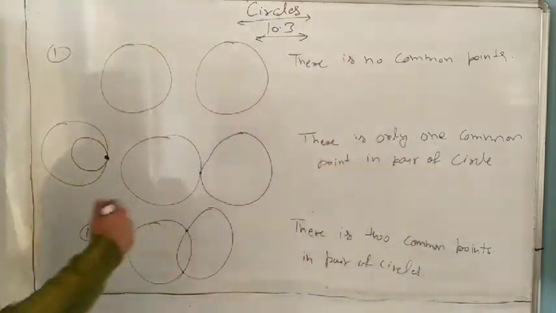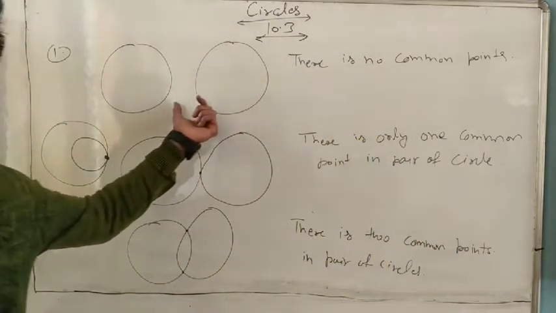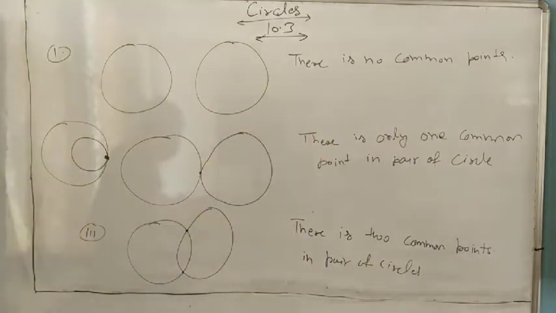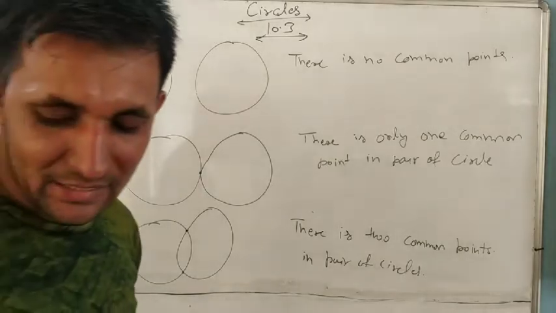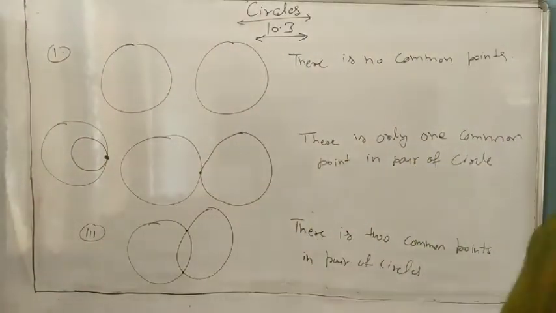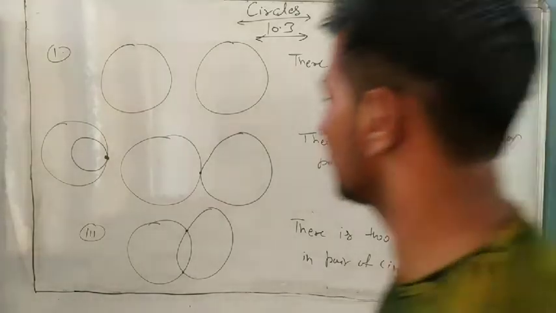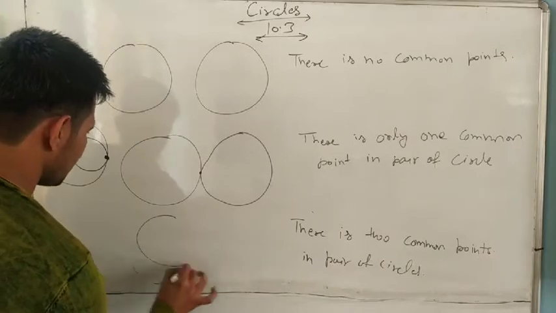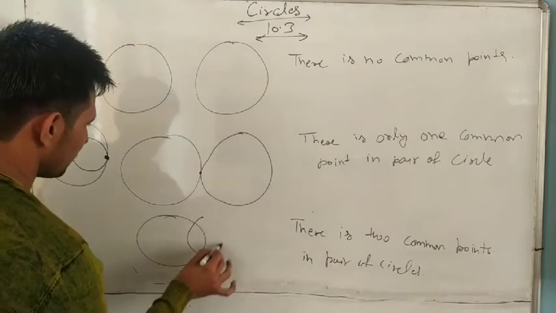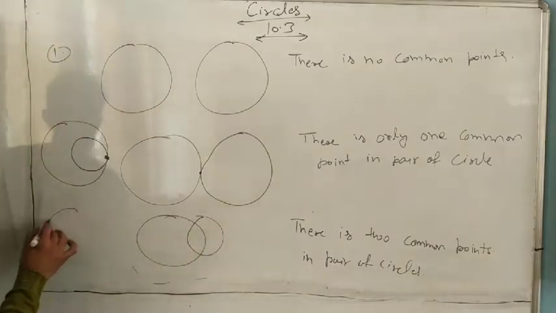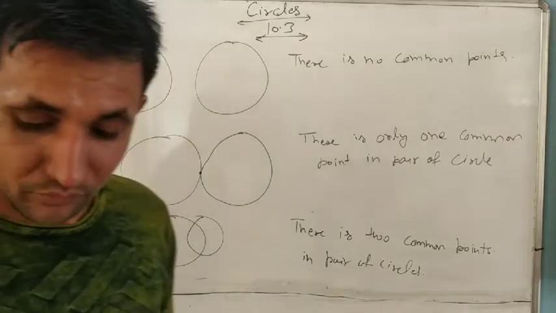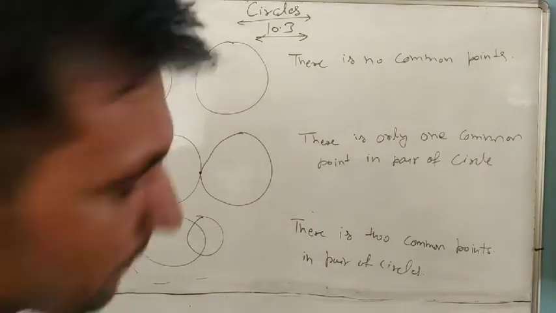So we draw different pairs of circles. You will draw the different pairs of circles in your copy and note them down. And he is asking, what is the maximum number of common points? Any other case? Some will say, sir, can we draw like this one, and this one? Here is only 2. Any other case? Here is only 2.